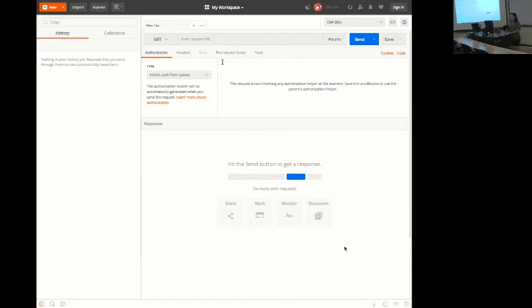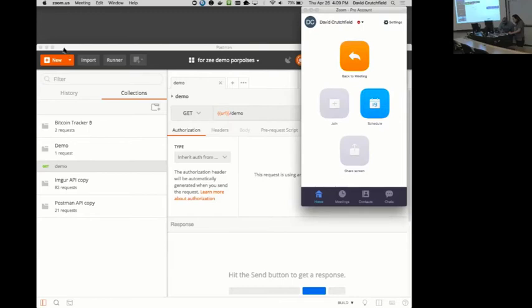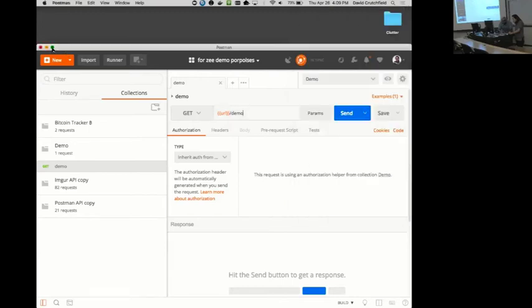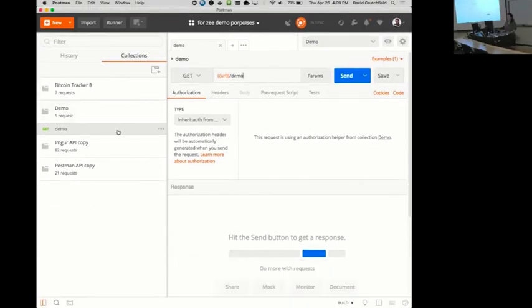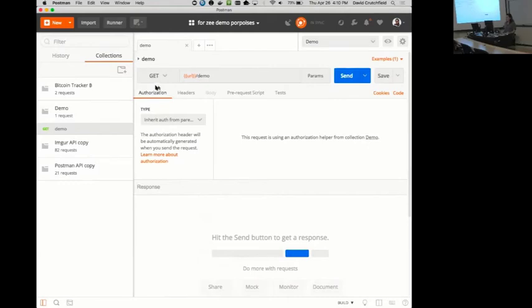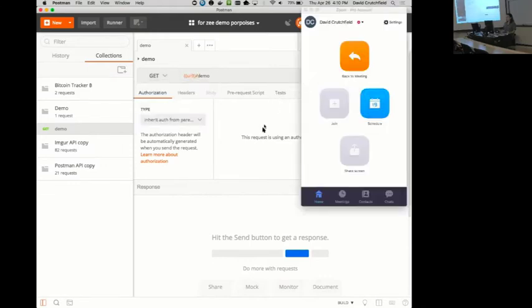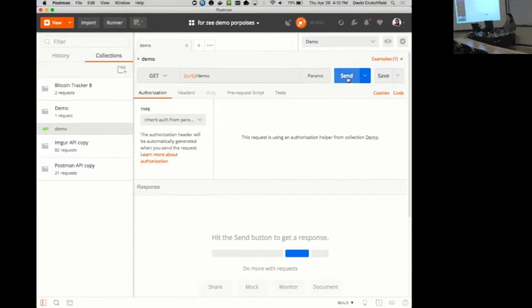It looks like the wrong window may be being shared. Oh, dang it. You're now seeing the demo. So let's do this: a request called demo, and then we also have our environment right here. If we hover over this variable, you can see this is the mock URL, and then we also have our unique path. So it's /demo. If we click send,